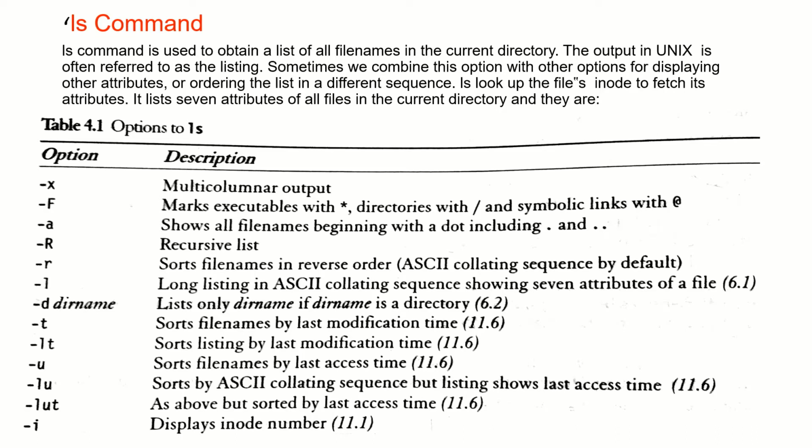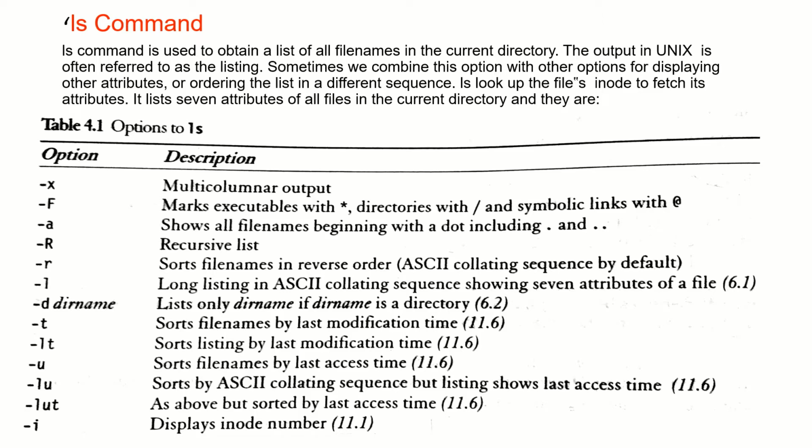Sometimes we combine this with other options for displaying other attributes or ordering the list in a different sequence. ls looks up the file's inode to fetch its attributes. It lists 7 attributes of all files in the current directory, and they are